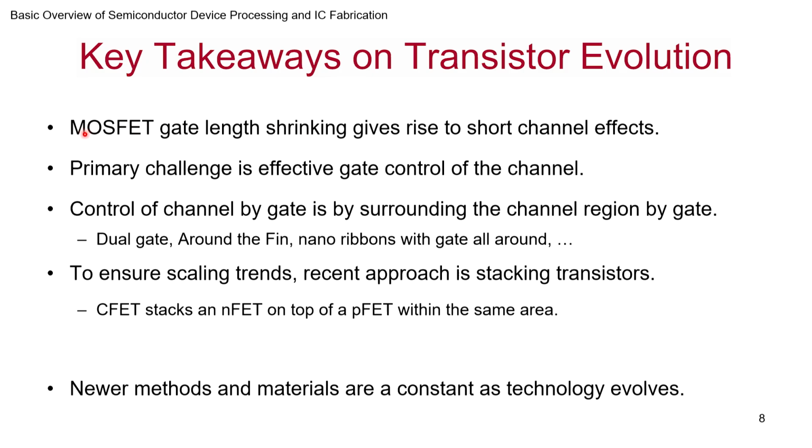So if I may summarize, as MOSFET gate length shrinks, it gives rise to short channel effect. We have been grappling with it for many decades actually, and typically earlier solutions were easy. We were able to handle it. But today we are having to take radical steps, because we want to get good control of the channel with the help of the gate. So this is done by trying to make the gate surround the channel region, and that is the only way you can do that. So there are various ways in which it evolved. First, it was of course dual gate from the top and the bottom. Then they went to using fins where three sides were surrounded.